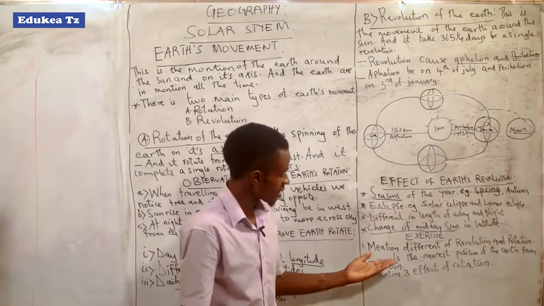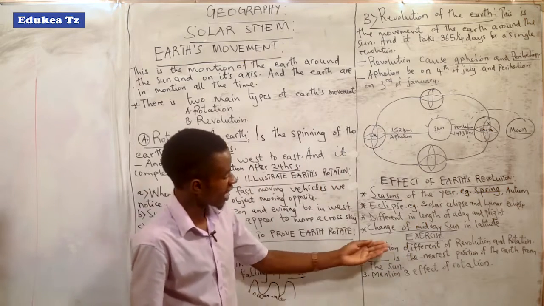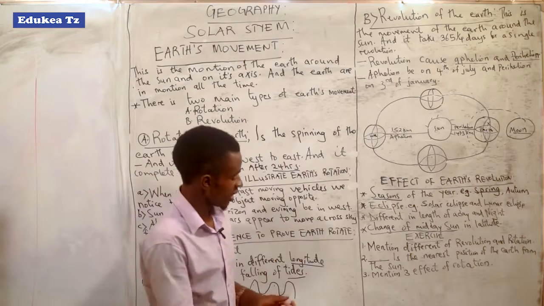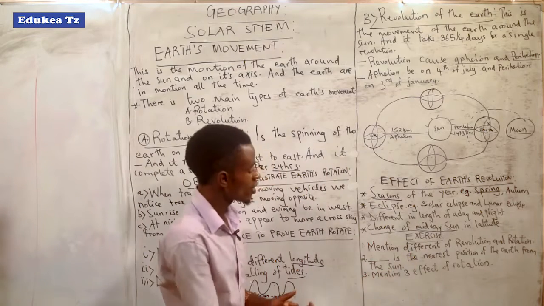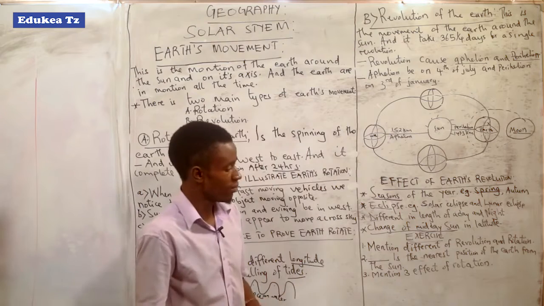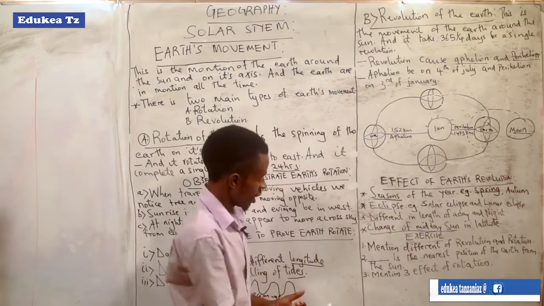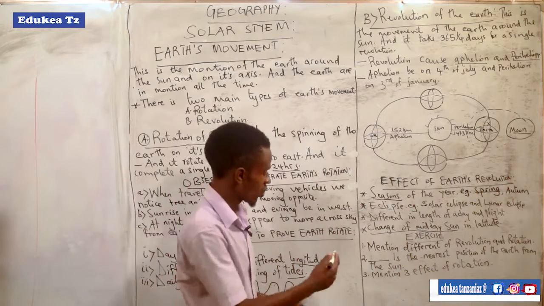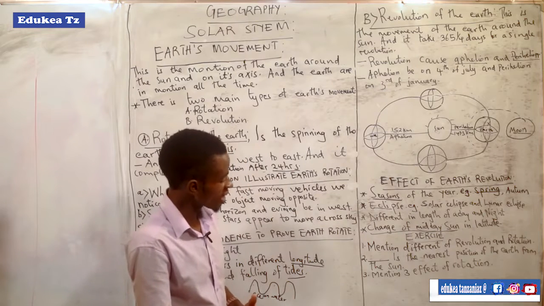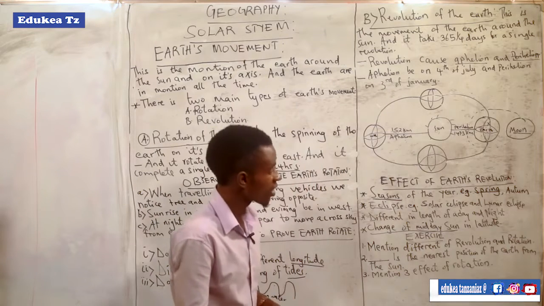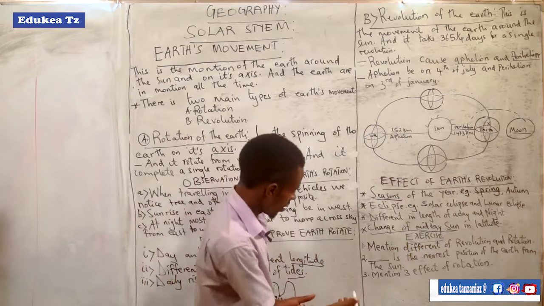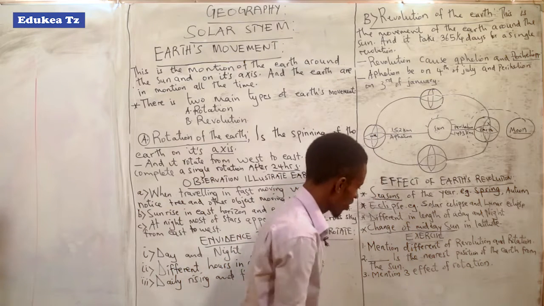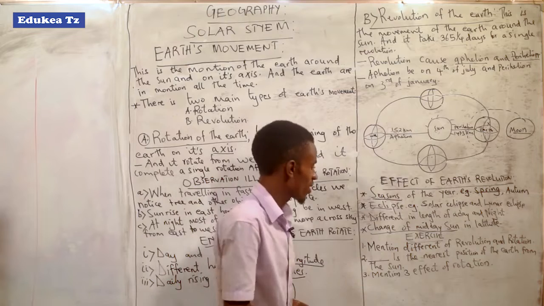So let's end here, but let me leave you with an exercise: simple questions which mostly appear in exams. Example: mention the difference between revolution and rotation. Simple. And also, what is the nearest position of the Earth from the Sun? Very simple, as I told you. What are the parts which involve the points when the Earth is near to the Sun? The last question is, mention 3 effects of rotation. So those are the simplest questions.